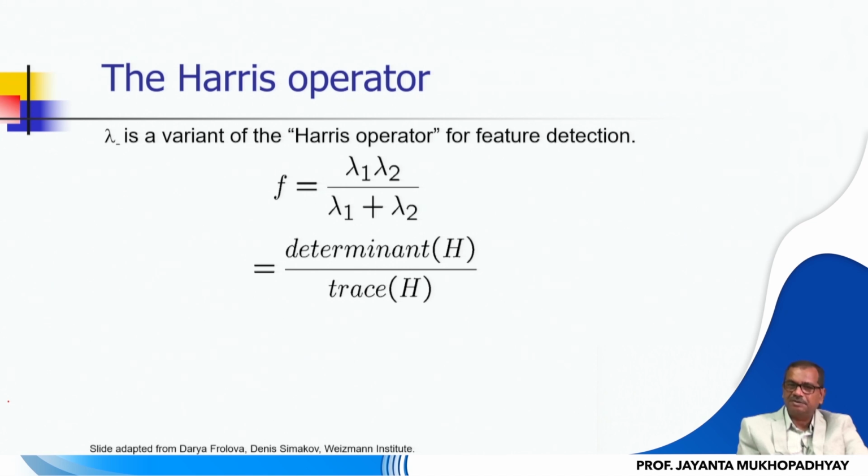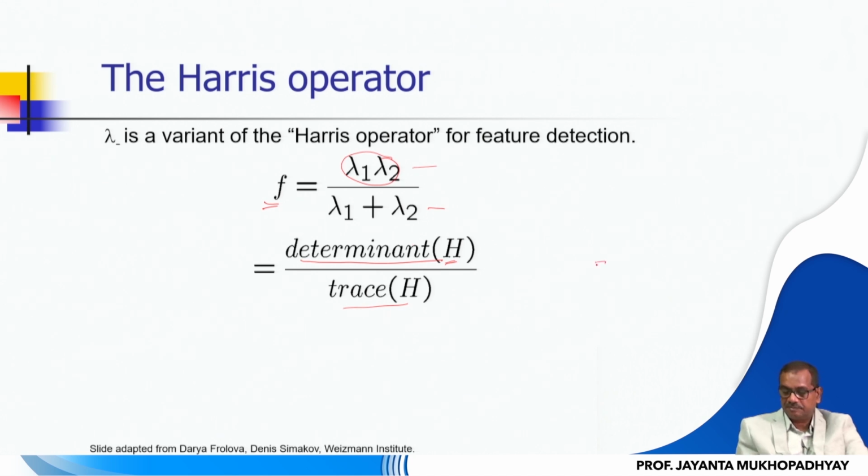So instead of just giving the minimum eigenvalue, we give a ratio involving the product of eigenvalues. You can see that if the minimum eigenvalue is strong, then this value would be quite high, because the product will finally dominate. If the minimum eigenvalue is small, then this value will also be small. Now the advantage of this kind of product and sum is that, just from the Harris matrix itself, you can get the determinant of H as the product and